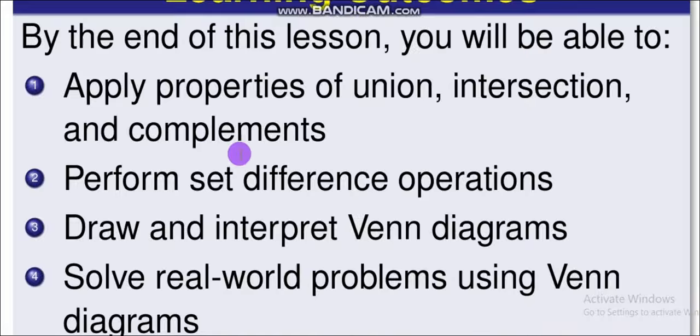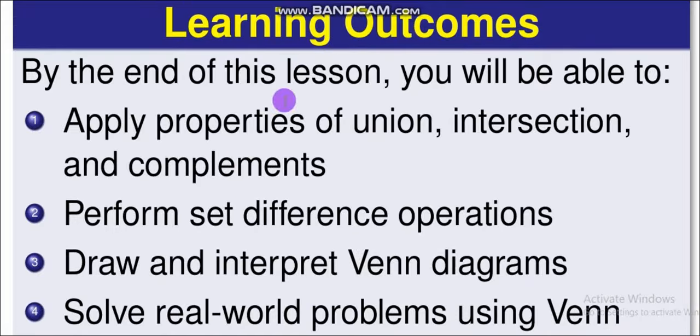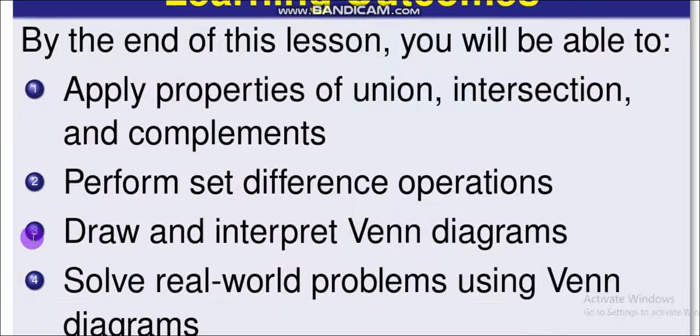Then we have learning outcomes. By the end of this lesson, whatever you are doing in life, make sure you know where you are going to. You know what you are trying to achieve. So in learning any topic you are learning, you should know the exact thing you are expected to learn, and what by the end of the lesson you are expected to do actively. Okay, so by the end of this lesson you will be able to do these 4